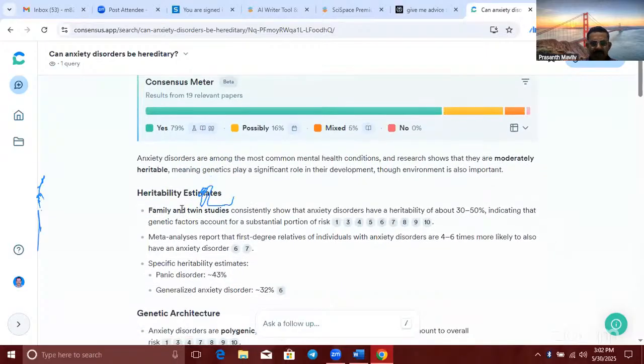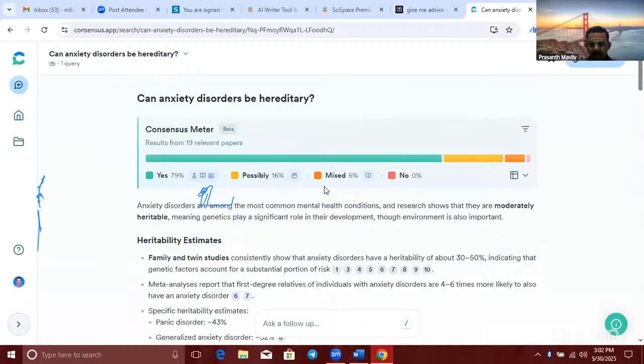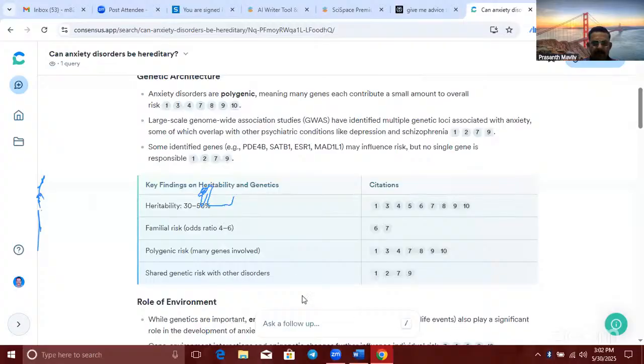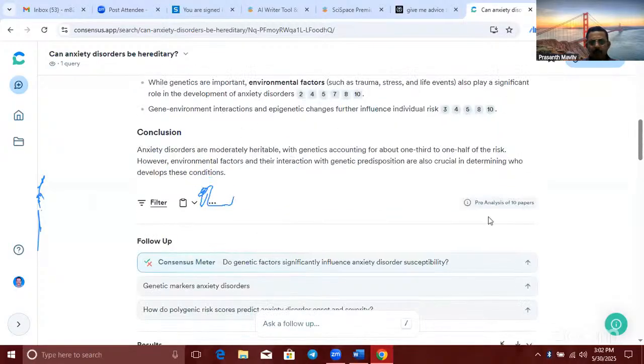So these types of insights can be easily developed from your research field, and these papers have been given. You have a table over here, and a small conclusion.